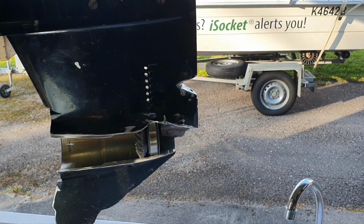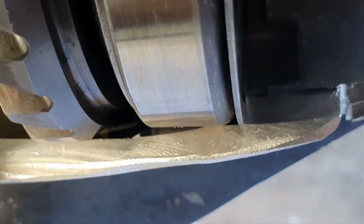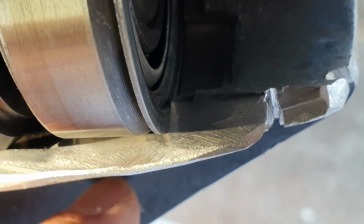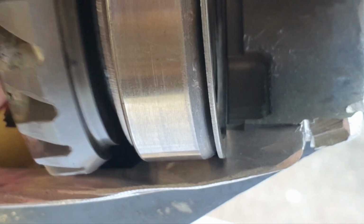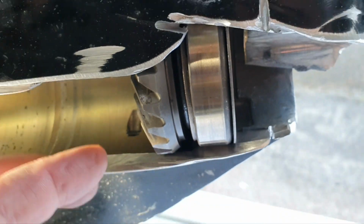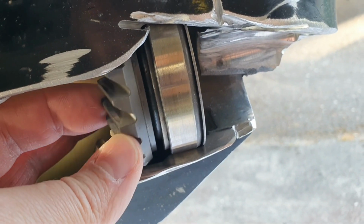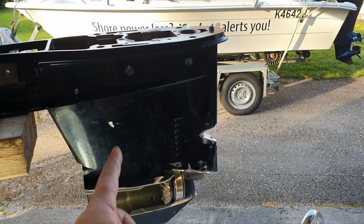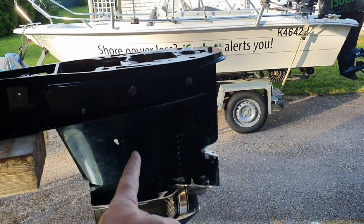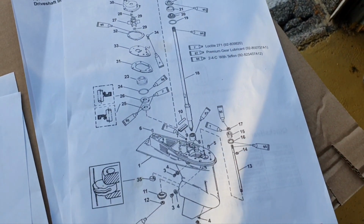Let's do a close look up so you can see. So the shim stops here on the wall. So the race and the bearing, it should be very clear for you how it works. Okay, and now we should go to the drive shaft, and we have again the drawing from the service manual,